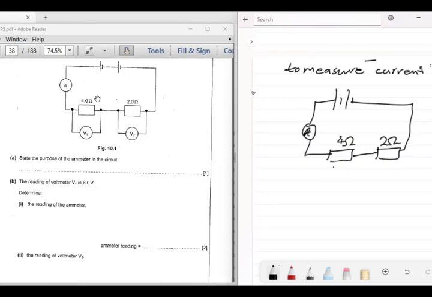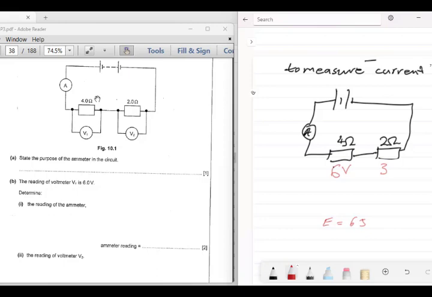This is, let me use red here for voltage. We are given V1 as 6 volts. Okay, because it is given as 6 volts, each charge uses energy of 6 joules. So if it uses 6 joules of energy here, like each charge, therefore here it will use half of that energy, because this is 4, this is half of 4. So the energy here will be half. The voltage across will be half. That is